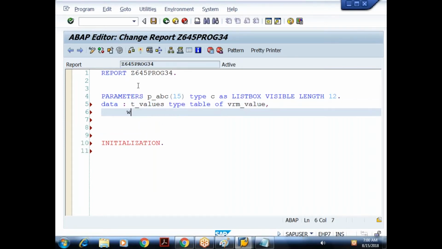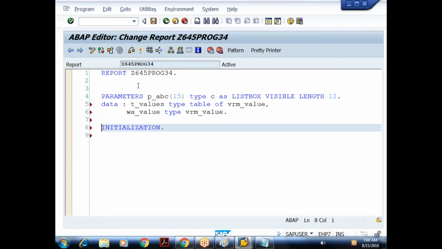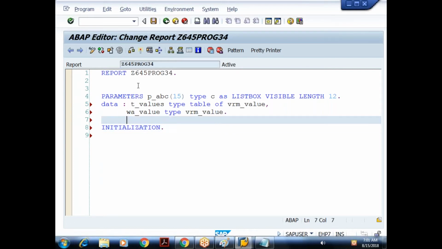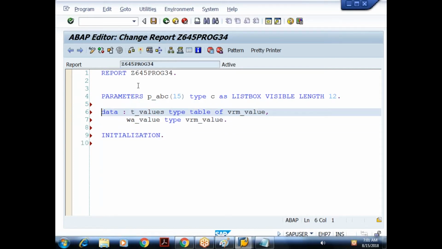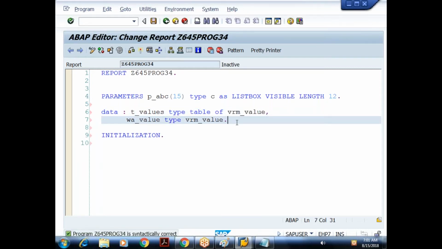Then I require a work area to prepare the internal table. Also w_value type vrm_value. So when we are declaring our own internal table, we are creating a types declaration. Based on the types declaration, we create the internal table and work area. Now in this case, the types declaration is given by SAP itself. So when I do syntax check, I don't have any errors.